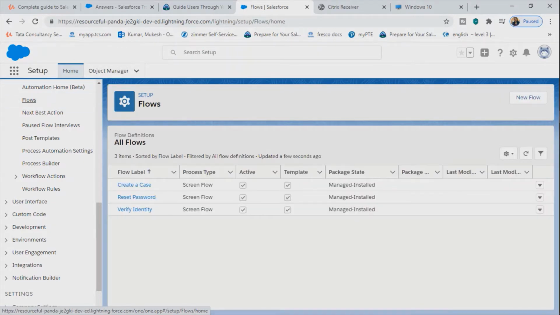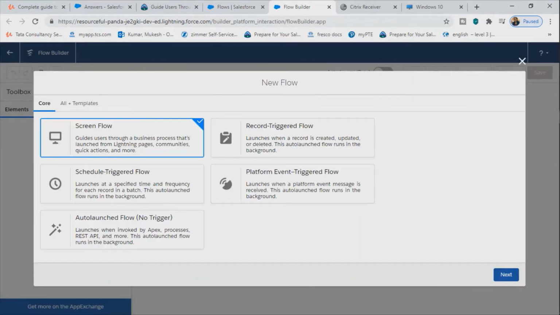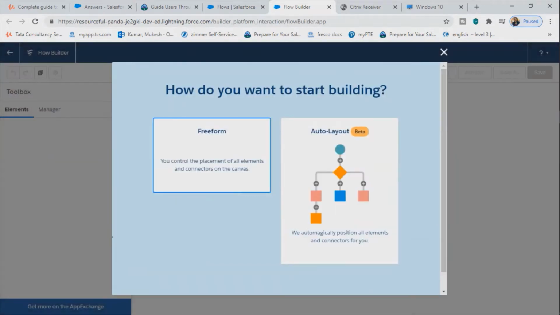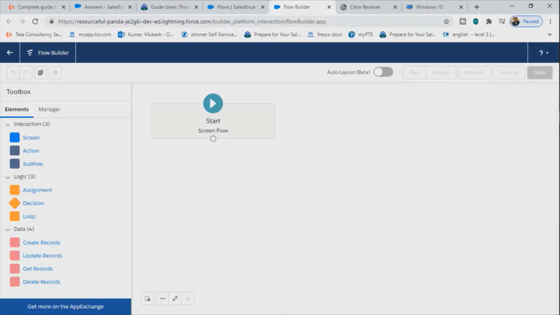Let's wait for a while. Okay, I already have some flows there. Now click on the new button and then open the flow builder canvas. My internet is a bit slow today. It's taking some time to upload. Okay, so now here it is. I just click on screen flow and then free form, and here we are in the flow